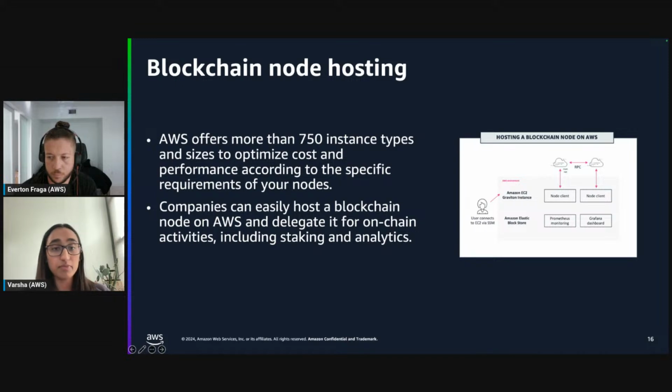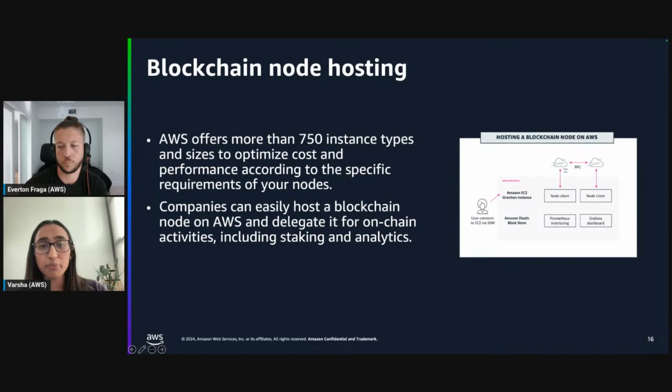Depending on your hardware requirements, we offer more than 750 instance types and sizes, and you can pick and choose what best fits your case. We can definitely help and support you throughout that journey, both in terms of your hardware requirements and to cost optimize as well.